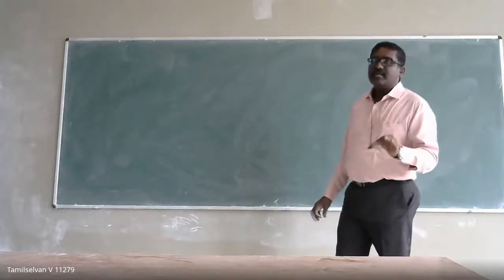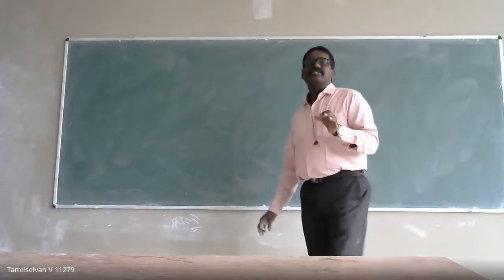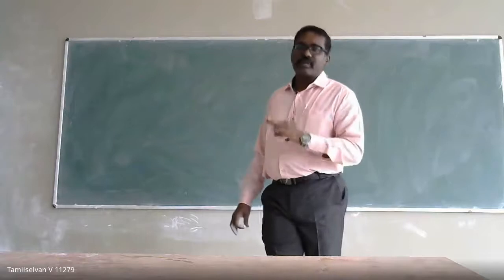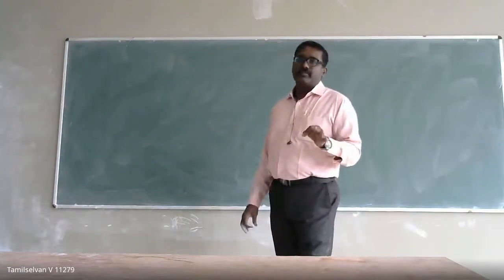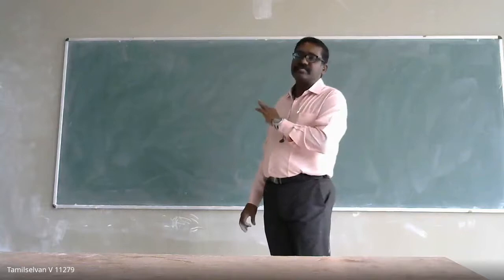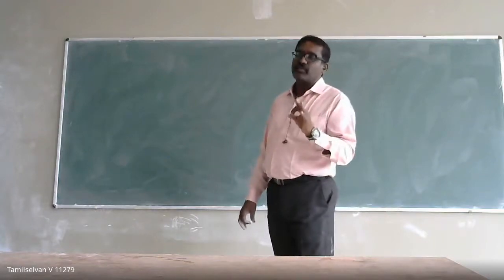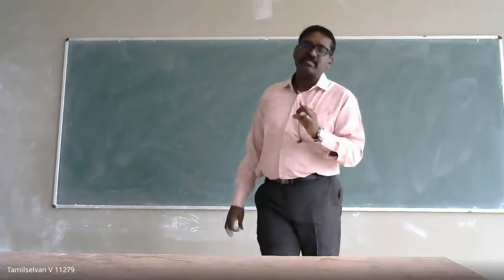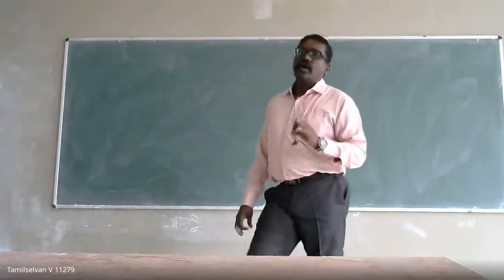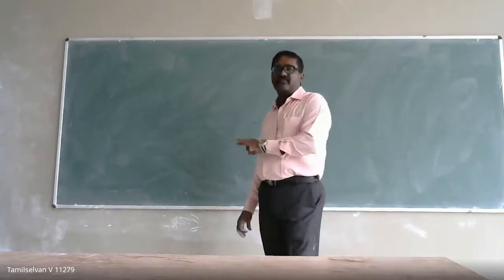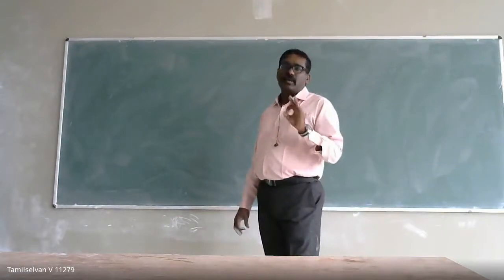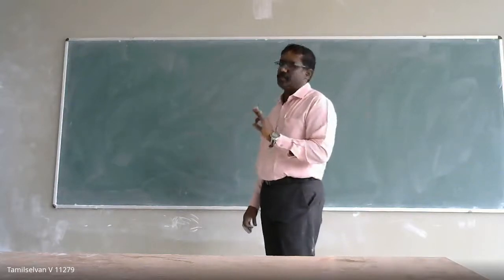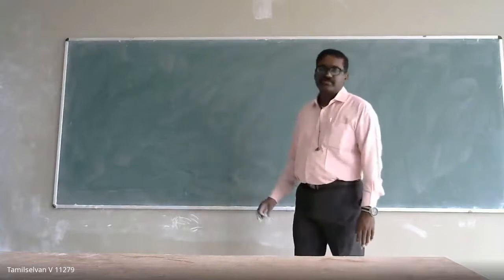In your calculator, for solving this type of problem, use the complex mode, because there are vectors. But when you are using the complex mode, use parentheses correctly so that you get the exact answer. If you miss the parentheses, you will get the wrong answer. After getting the vector form, to convert from rectangular form to polar form, use the rectangular to polar conversion. Then you can get the answers.